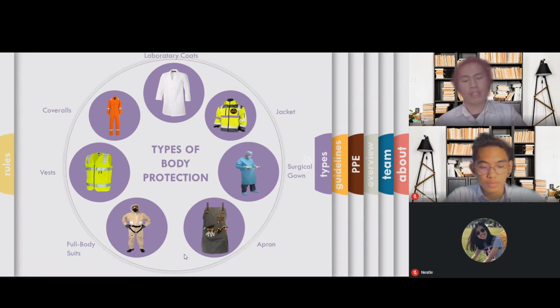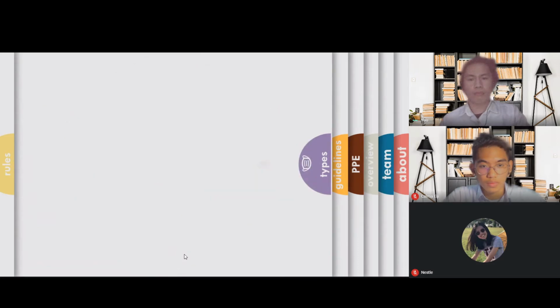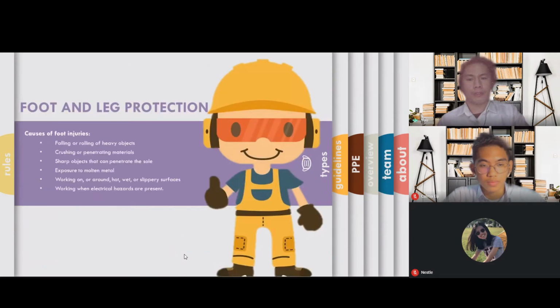So, for our next protection, foot and leg protection. So, ano nga ba yung mga causes ng foot injury? So, ayan, falling or rolling of heavy objects, crushing or penetrating materials, sharp objects that can penetrate the sole, exposure to molten metal, working on or around hot and wet or slippery surfaces, and lastly, working when electrical hazards are